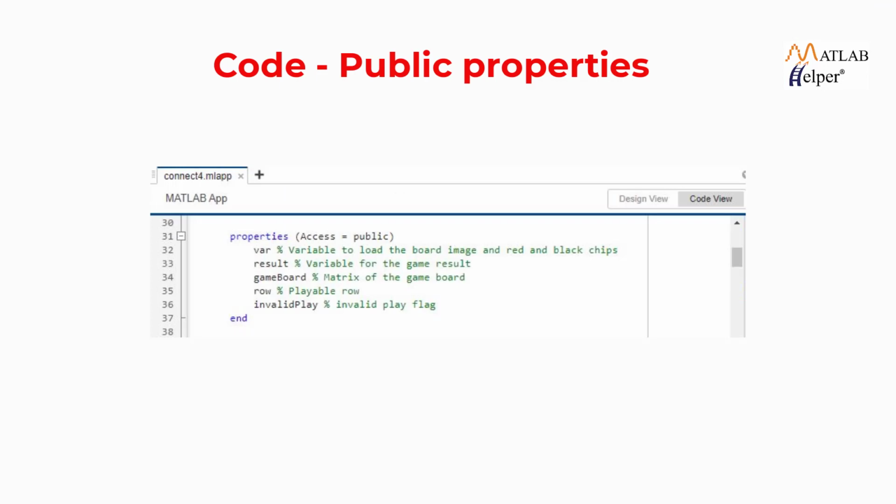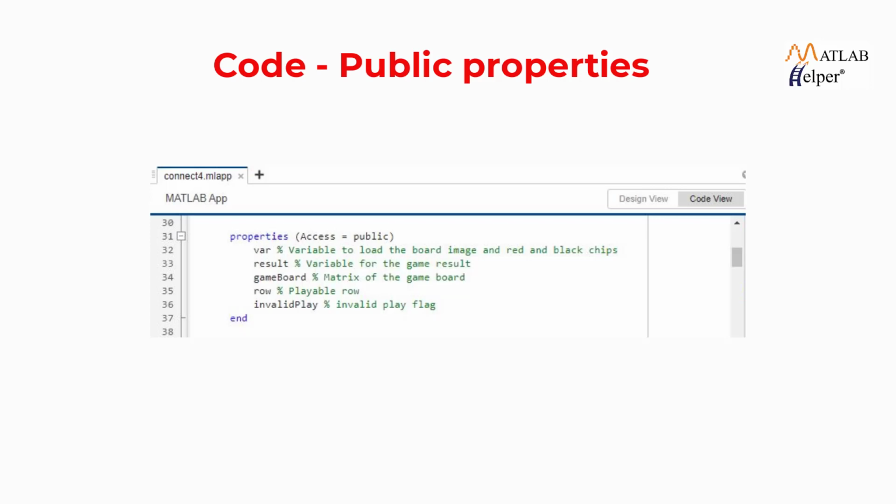Let us see how this game is programmed in MATLAB. The 4 public properties used by the code are a variable var to load the board image and chips, result, which is an integer from 0 to 3, 0 for no result, 1 for the player wins, 2 the computer wins, 3 draw. Game board, which is a 6x7 matrix, row, which contains the playable row number,